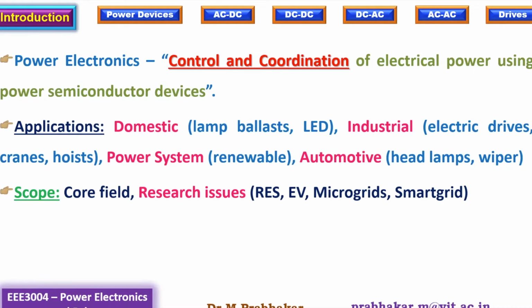Then came the third revolution of power electronics, where new modern controllers through microprocessors were introduced. Control techniques, control of induction machines, actually matured. That field started maturing, and then efficient drives came into existence. So that was the third revolution of power electronics, and then the 1980s was the fourth revolution, where again there were good control techniques like fuzzy logic and neural networks. They were implemented in industrial drives.